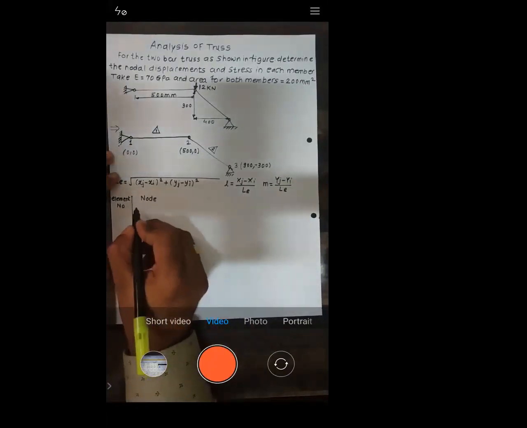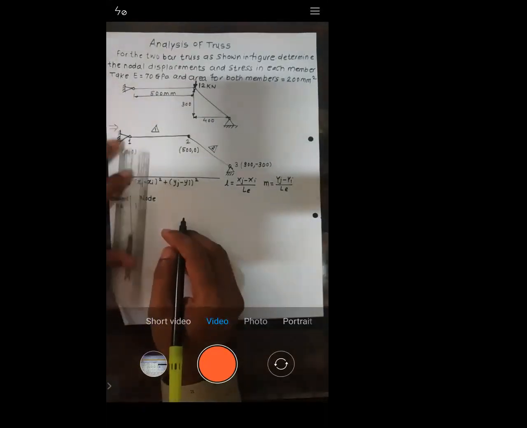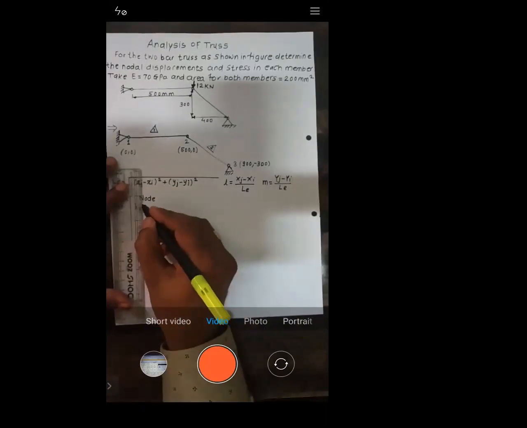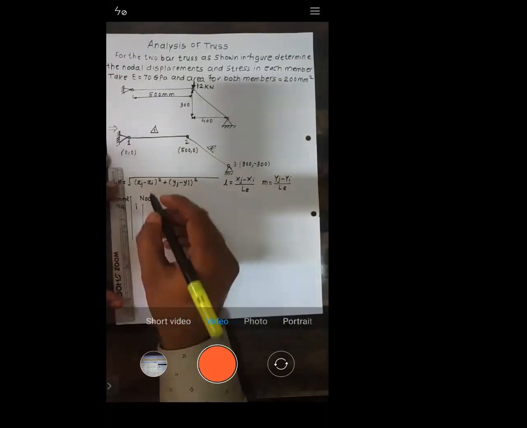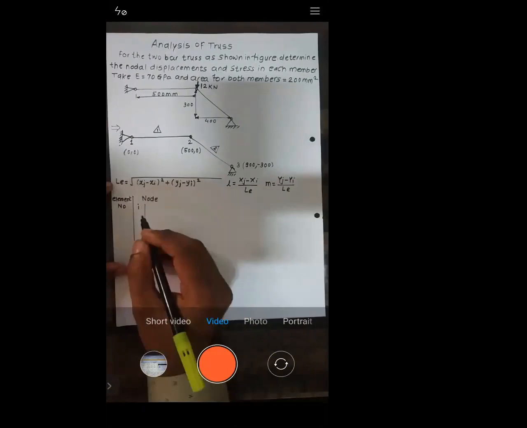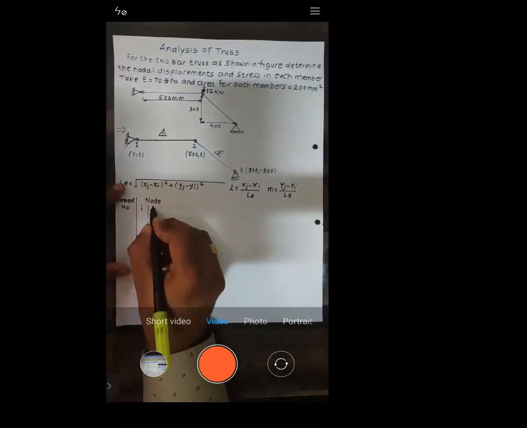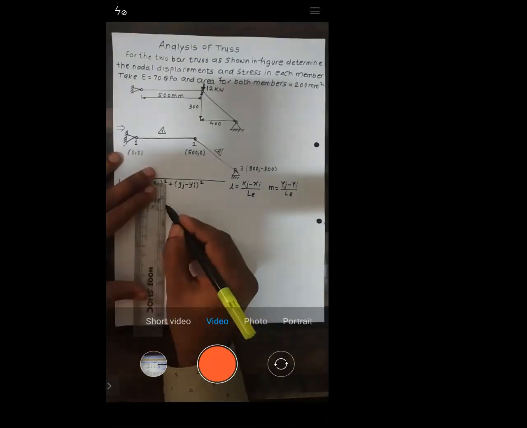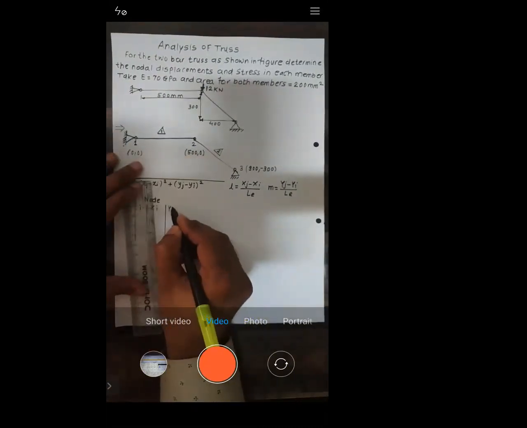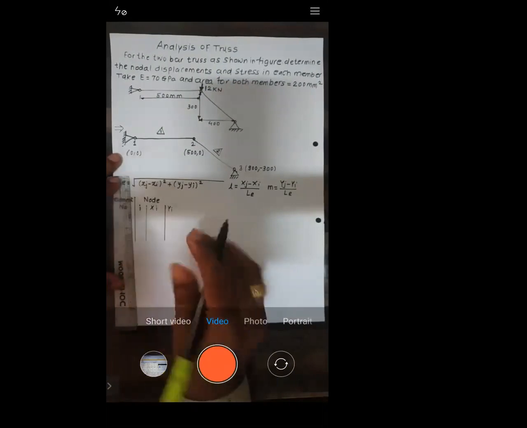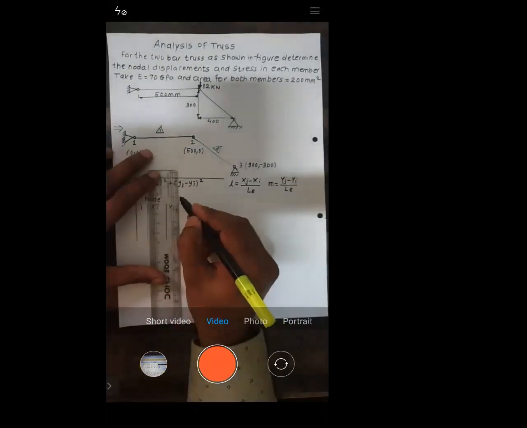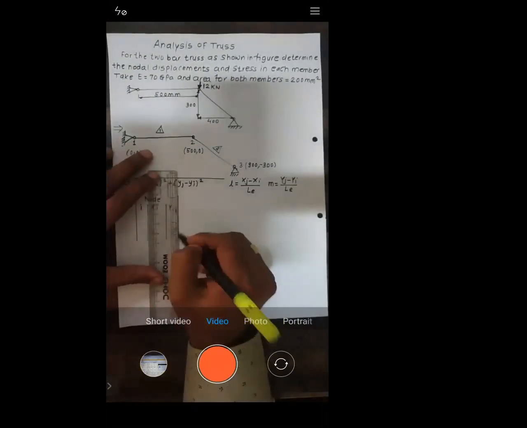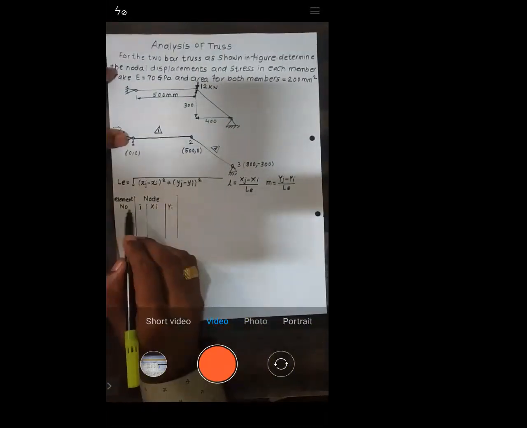So what we will do, we will call the first node as I. As we are calling this first node as I, obviously every node will have two coordinates, right? And those coordinates are xi and yi. To every node, you have x and y coordinate. So this is all about node. Every element will be between two nodes.